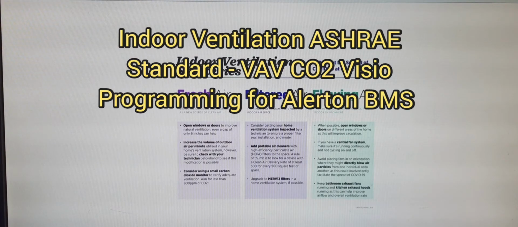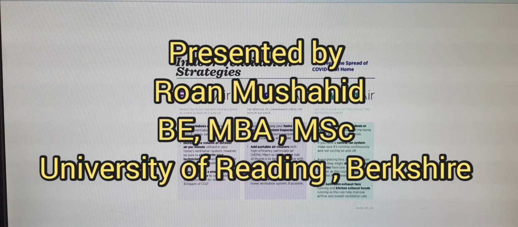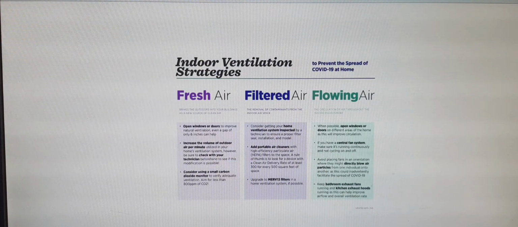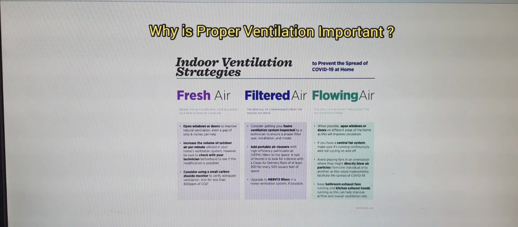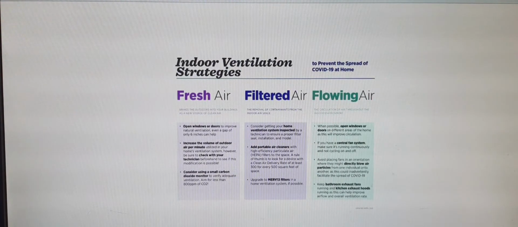And today, we are going to discuss a very important topic in current times. That is about the ventilation at home or at office or any of your enclosed spaces where you have air handling units or AC units, or you have airflow and you have closed spaces. So, what we're going to discuss is the role of ventilation in controlling any kind of transmission, or how to